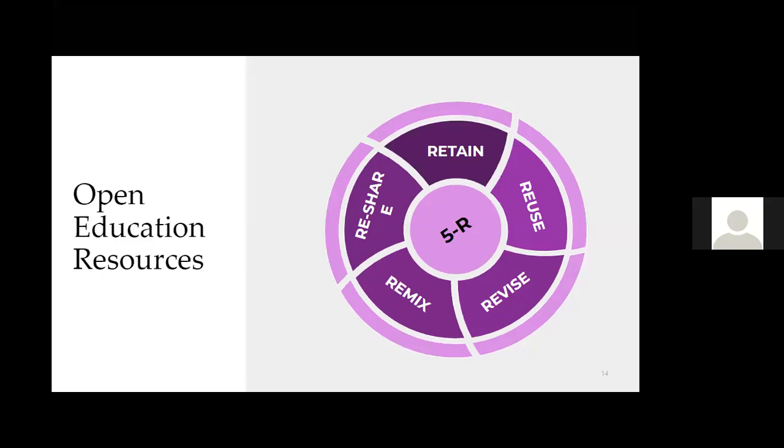And then you can also revise the open education resources, meaning you can adapt them or adjust them and alter the content to suit your preferred class or students. And then remixing them, meaning you can recombine the original or the revised content with other materials to create something new. And then redistributing, meaning the right to share copies of the original content without facing legal issues. So those are the characteristics of open education resources.